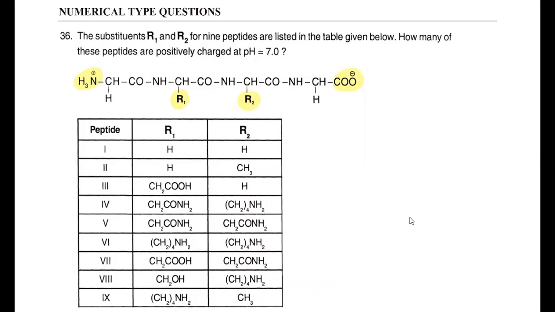So right now the form given is the zwitterion form. If R1 and R2 are considered neutral groups, they do not give any charge to the system. But if I select R1 and R2 as a combination that is more basic, then it will accept a proton from water and convert to a cationic form. That is actually the concept. And if you take carboxylic acid groups, or better to say more acidic groups, then it will lose its H plus and finally convert to the anionic form. Right? The concept is clear first.